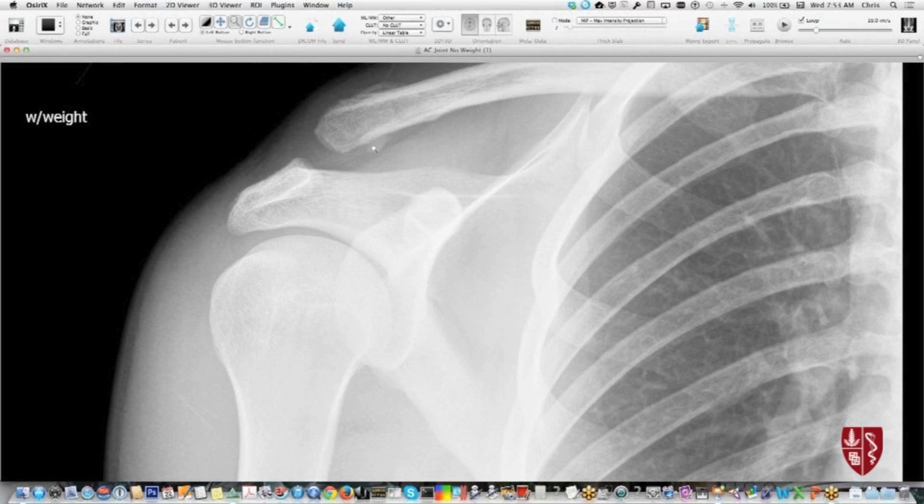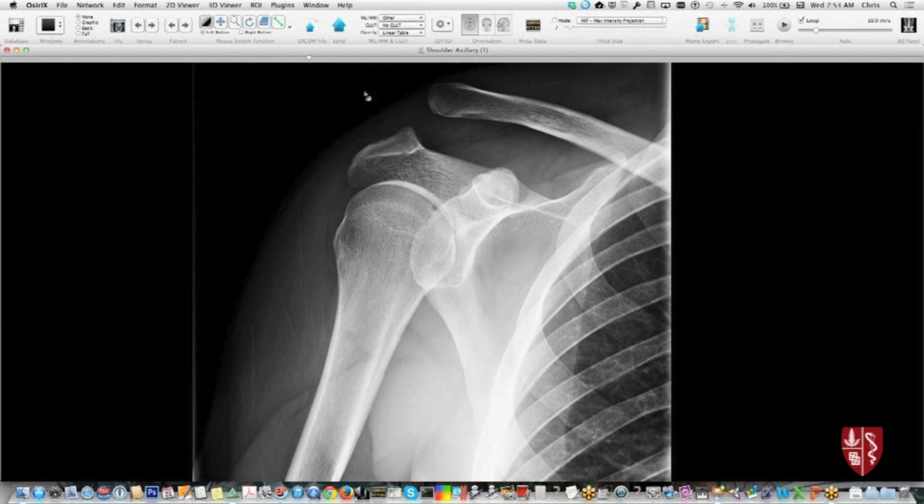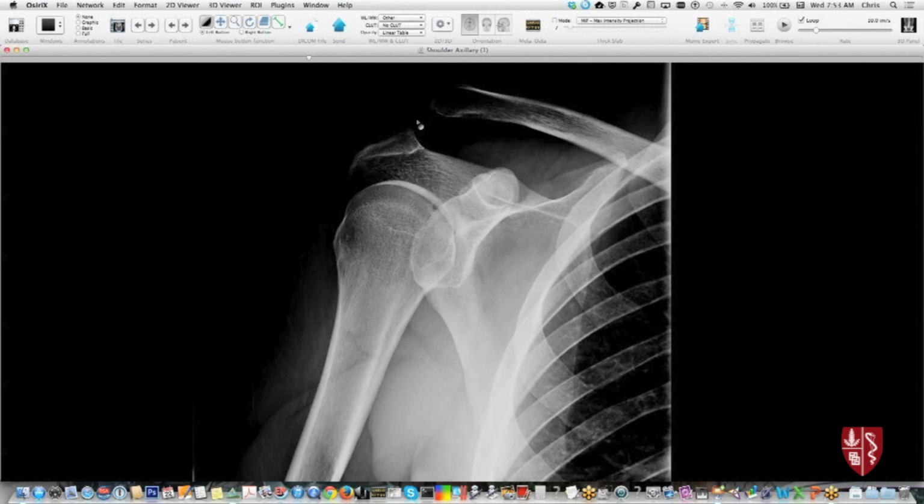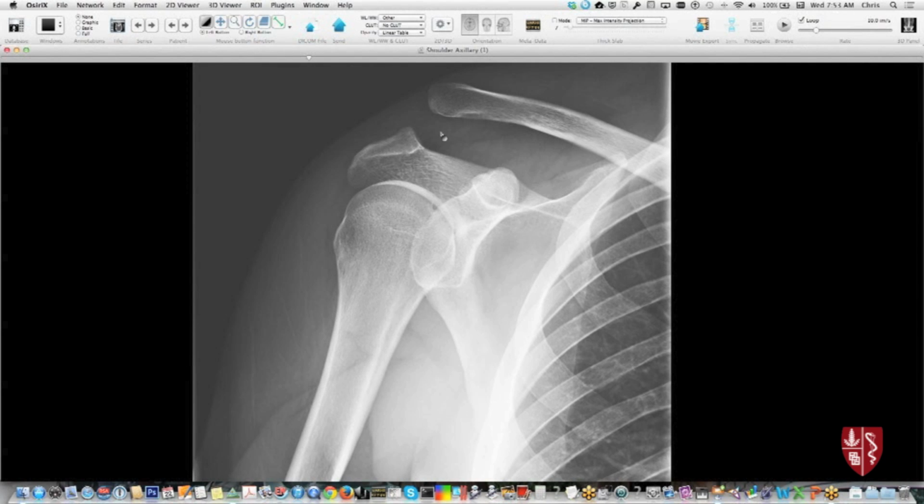I've seen cases that almost look like an osteosarcoma developing there after an AC separation. So it's good to be aware that this can occur. I'm not going to show the MRI in this case, but I thought I had another example here of an AC separation. This is a higher grade injury, and in this case, it's pretty obvious that there's a marked malalignment